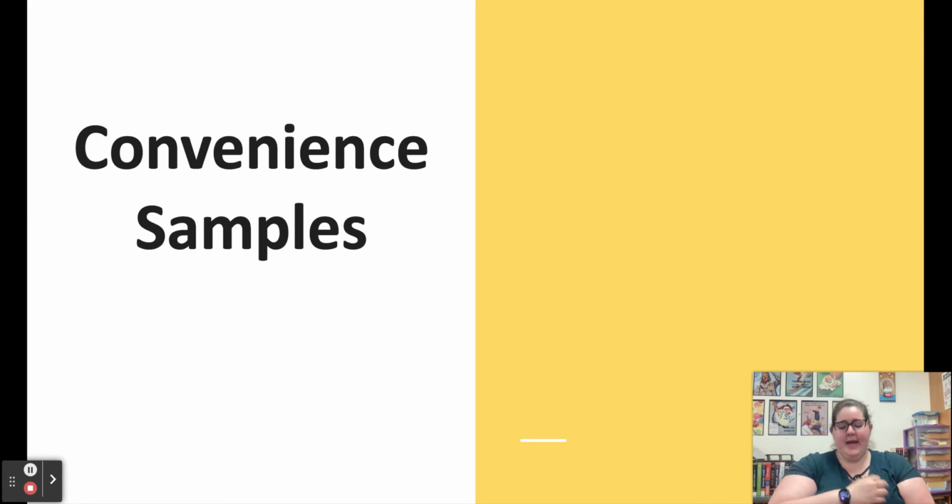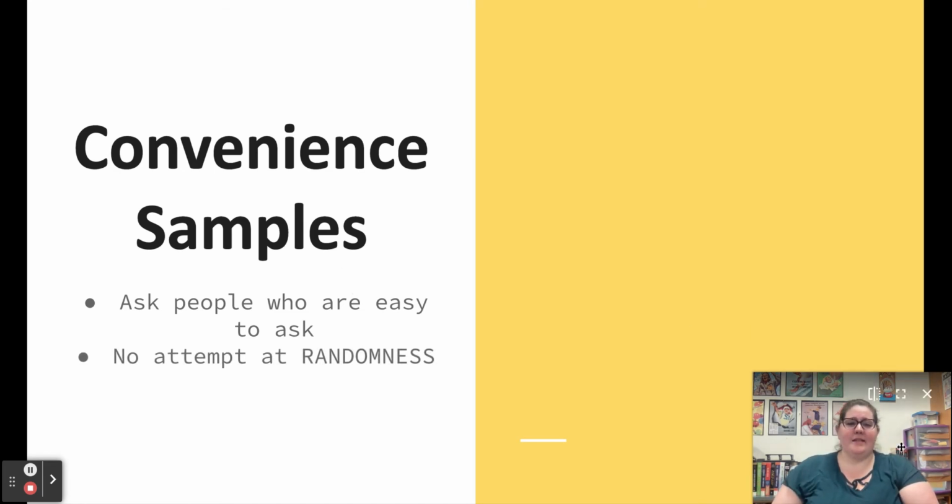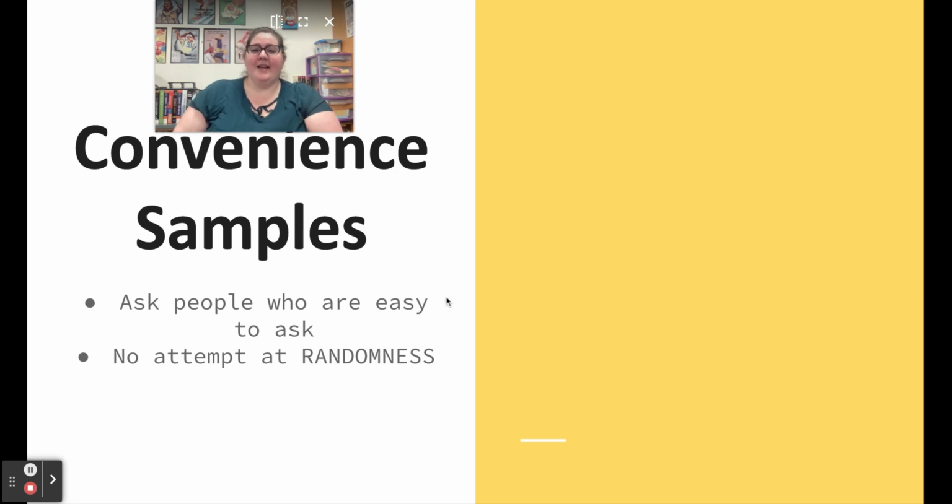The next way is with what we call a convenience sample. A convenience sample basically means we ask people who are easy to ask. We, as the survey takers or samplers or pollers or whatever you want to call us, just ask people who are easy for us to get to. There's really no attempt at randomness. We're just going out there and asking whoever is easy for us to get to